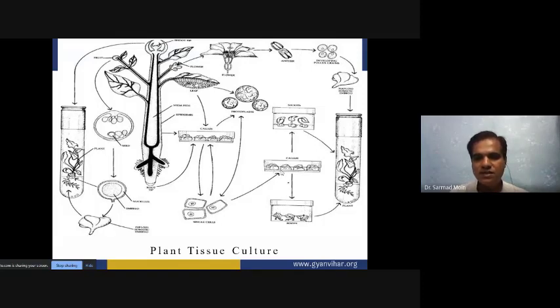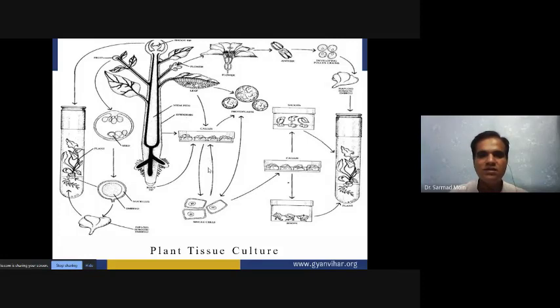So two ways are there. From the callus we can produce shoot, or we can first produce the root. When we are producing rooting, then we can plant this root-producing callus into the shoot induction media, so that it can produce the shooting. And if you are producing shooting first, then later on you have to put this shoot-producing callus into the root production media, so that these shoots can develop roots, and they will turn into the plant roots.